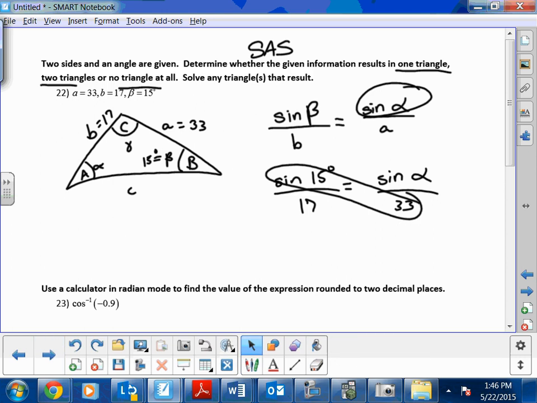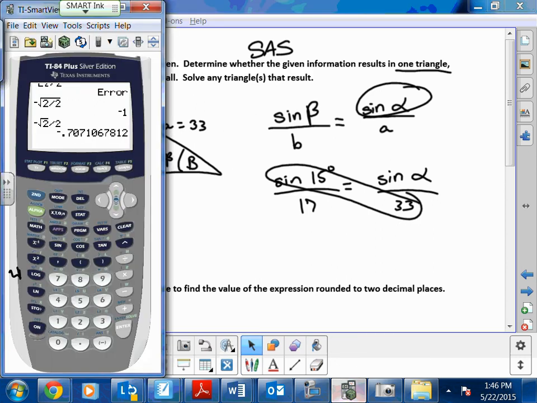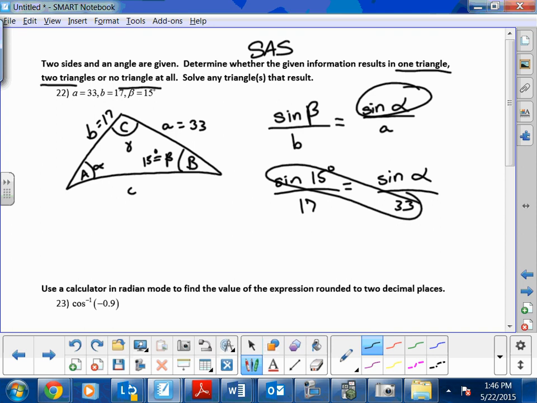Now, one thing that's important is to make sure your calculator is in degrees. Let's go to mode. It was in degrees, so let's switch that. And now figure out exactly what that will do for us. So let's do this. Sine 15 multiplied by 33 divided by 17, and we have this decimal value. So we're left with 0.500